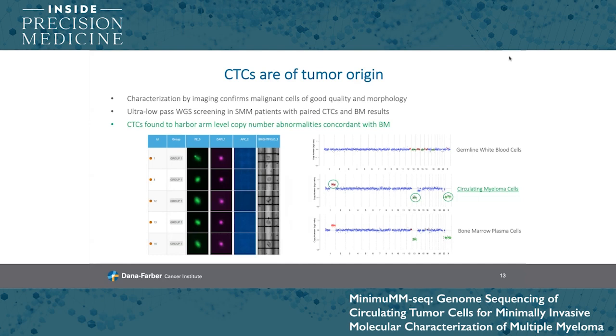Circulating tumor cells were found to harbor arm-level copy number abnormalities, which were concordant with bone marrow results from clinical testing. You can see in the example on the right a smoldering myeloma patient where arm-level copy number abnormalities are found in the circulating myeloma cells, including 1q gain and deletion of chromosome 13 and 22, which reliably match what was also present in the bone marrow plasma cells. Additionally, you can see that germline white cells show no copy number abnormalities as expected. This gave us confidence in our enrichment strategy to move forward in a wider collection of patients with standard whole